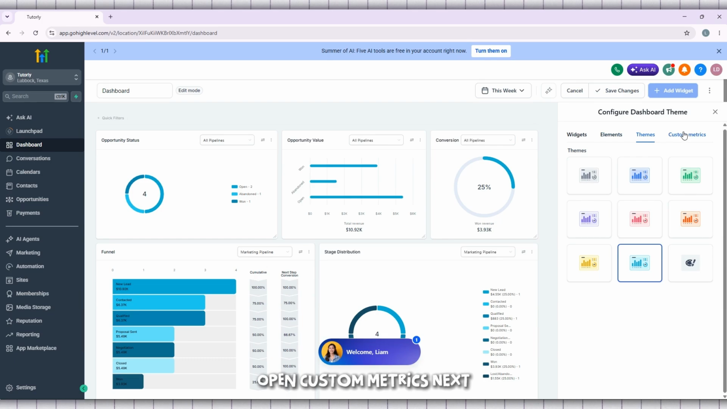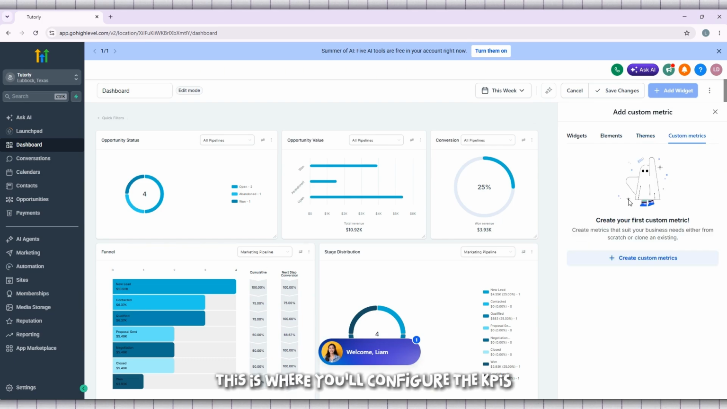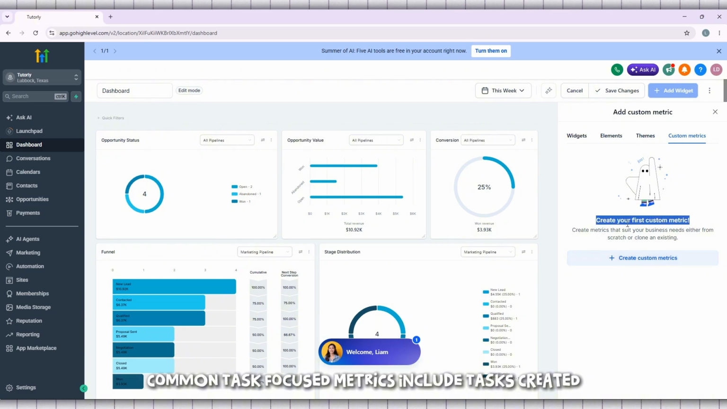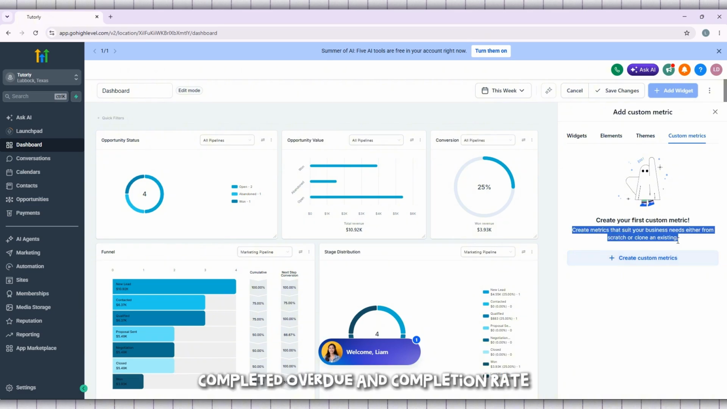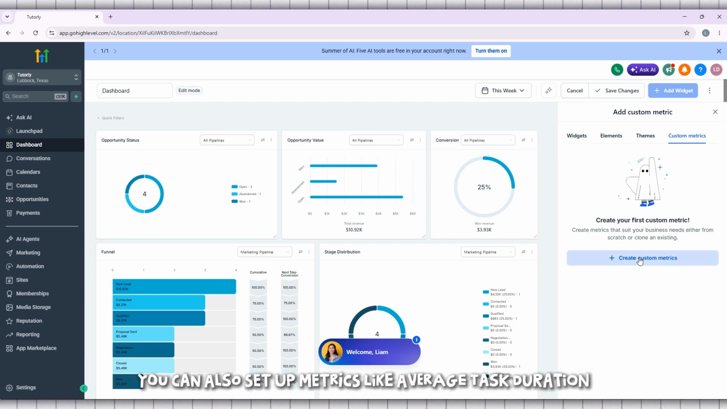Open Custom Metrics next. This is where you'll configure the KPIs that reflect how your team works. Common task-focused metrics include tasks created, completed, overdue, and completion rate. You can also set up metrics like average task duration or percentage of tasks completed on time if that aligns